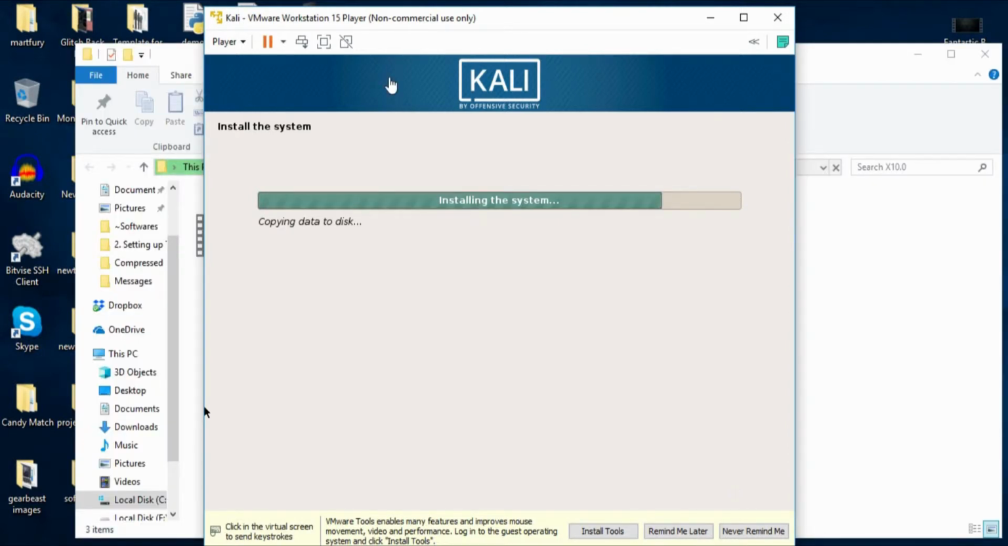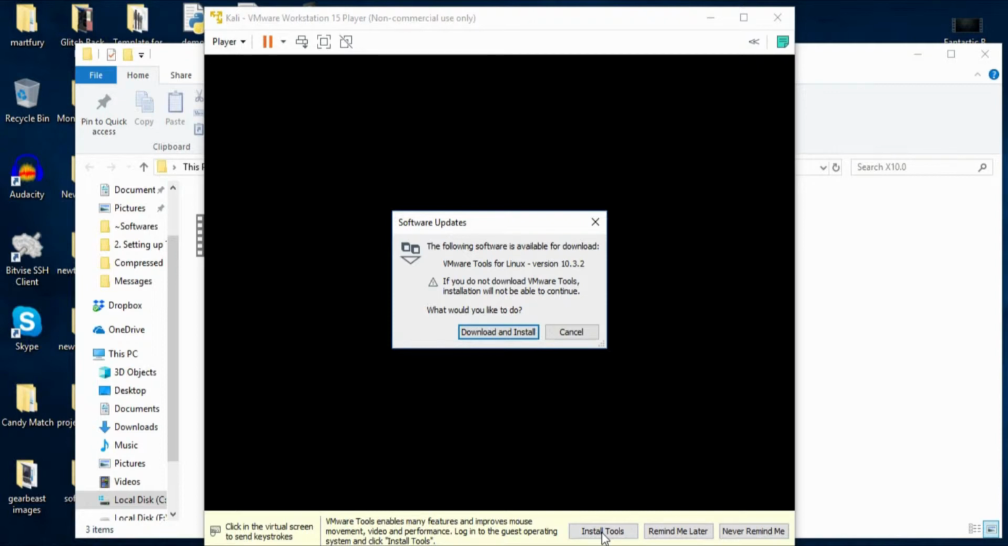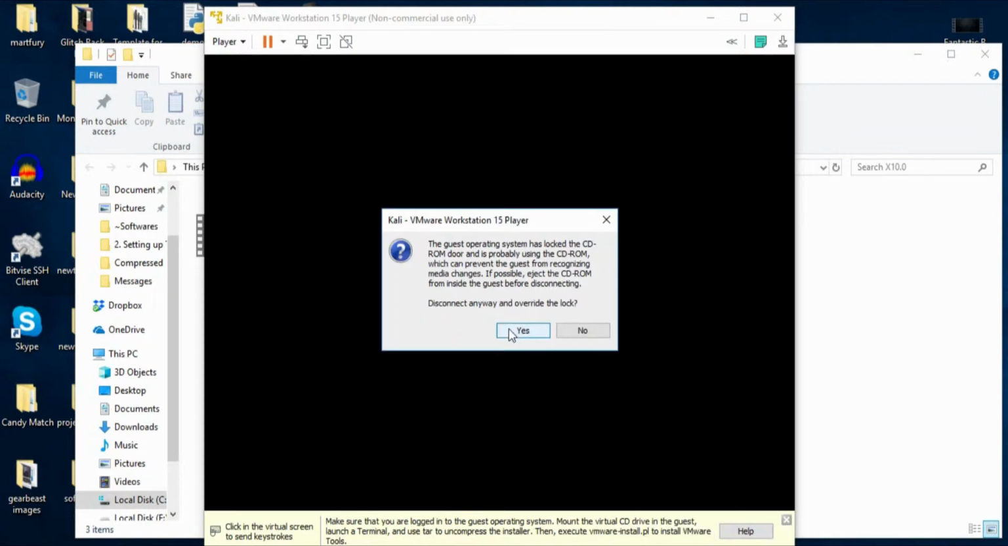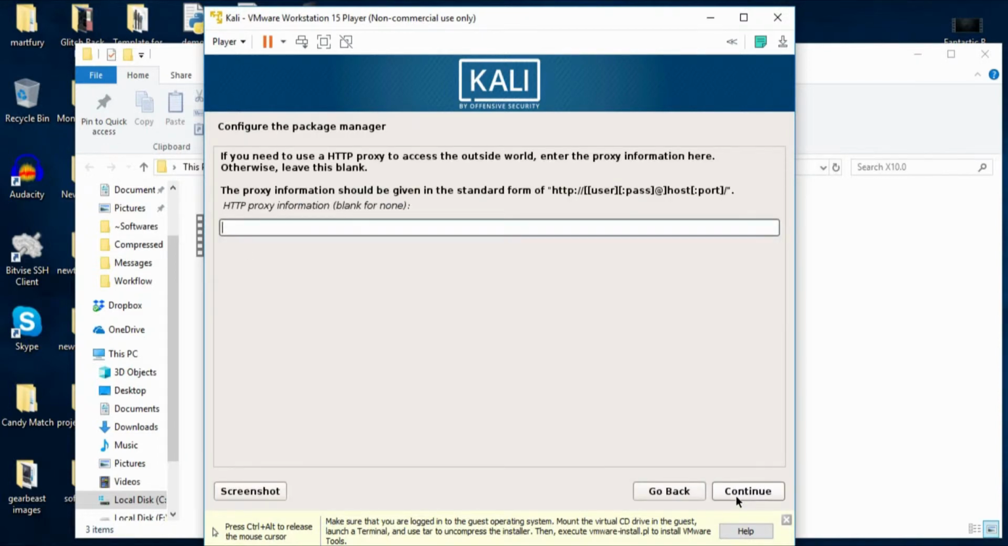Okay, so we are almost done with the installation process. Now that the installation process of Kali Linux is complete, it just restarted the VM Workstation, and I just downloaded some updates of the VM Workstation. So now that the installation is complete, I'll click on continue, and in the HTTP proxy I don't want to